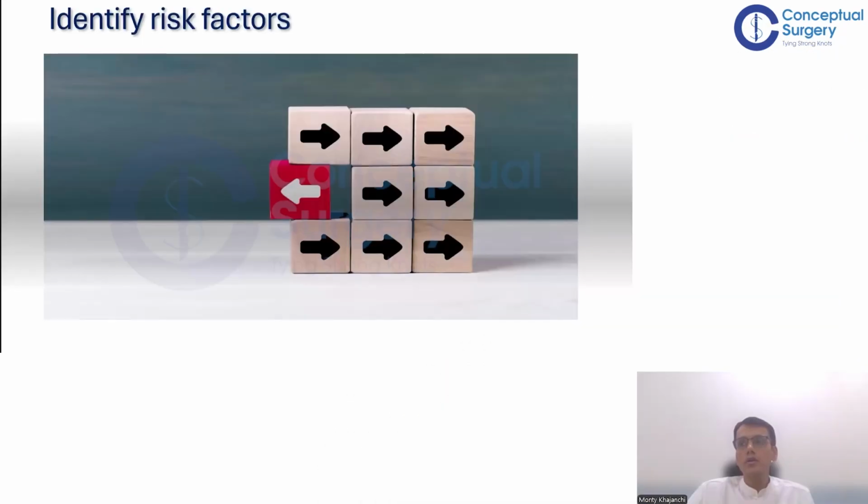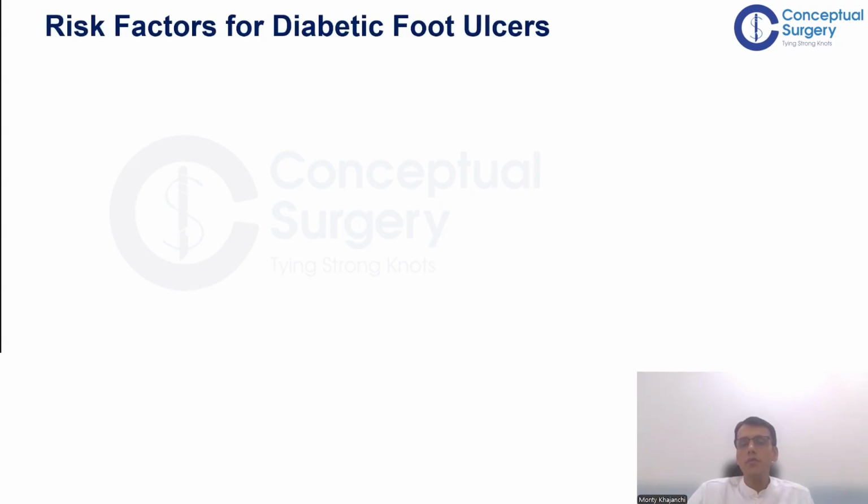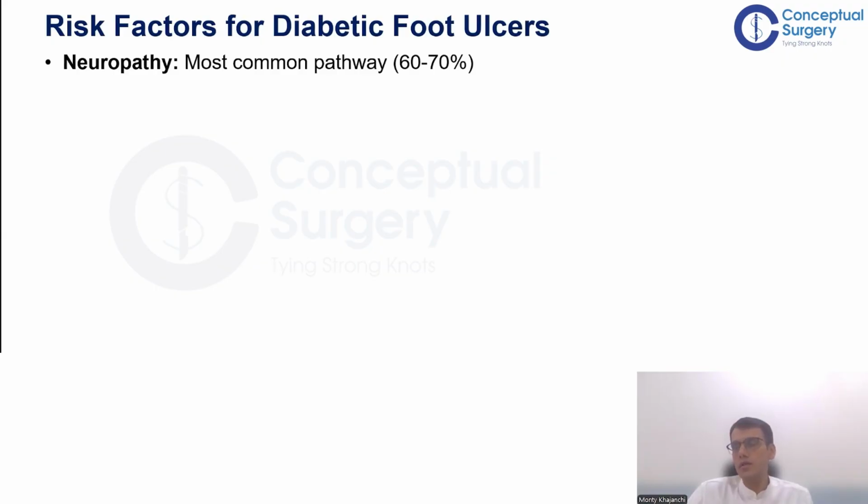So now going on to screening, and before that, risk factors for diabetic foot ulcers. Many of you may be aware. When I started my residency, or when I used to understand diabetic foot from MBBS days, I thought ischemia is the most common cause, and there is poor blood supply, and that's why no healing. But truly speaking, that is a cause, but neuropathy goes above ischemia, and the most common risk factor in a diabetic foot is neuropathy, which is around 60 to 70% will have this who have an